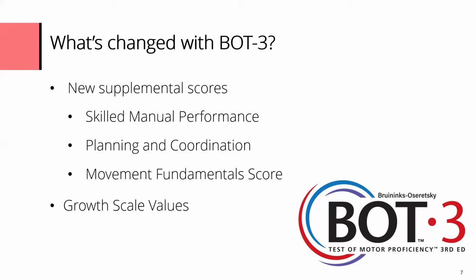The last type of score I want to talk about are the growth scale values, or GSVs. So GSVs are provided for all 8 subtests on the BOT-3, as well as the extended balance score. And they also allow you to measure progress against the examinee's own previous performance rather than against a normative sample. So think of these as a more psychometrically sound alternative to reporting increases in an examinee's total point score on a subtest. I know often we have to do that in order to show that our examinee is making progress,